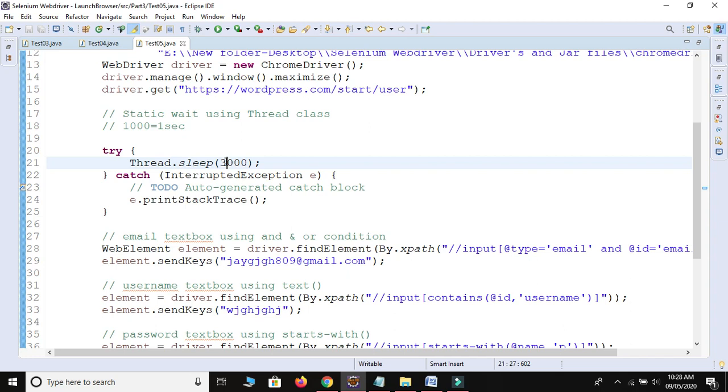It will completely wait for the provided 10 seconds, and after the 10 seconds it will start your script.